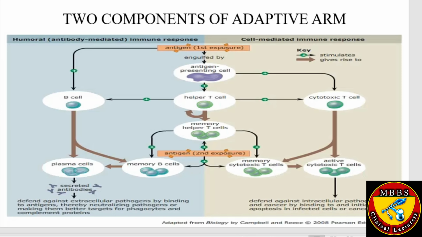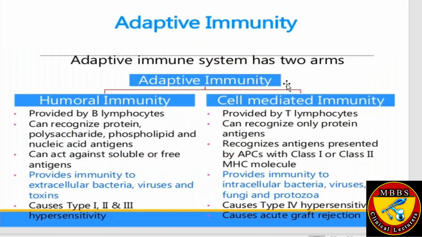Now the adaptive immunity has two components, that is the humoral immune response and the cell-mediated immune response. So first we will discuss the cell-mediated immune response of the adaptive immunity. So in this lecture we will discuss the